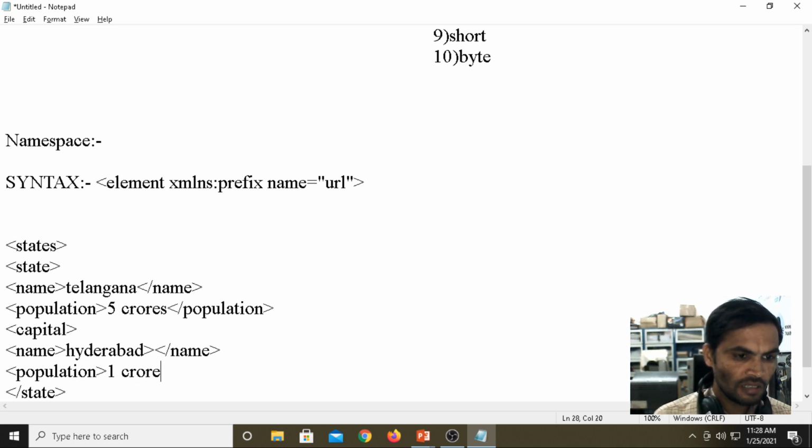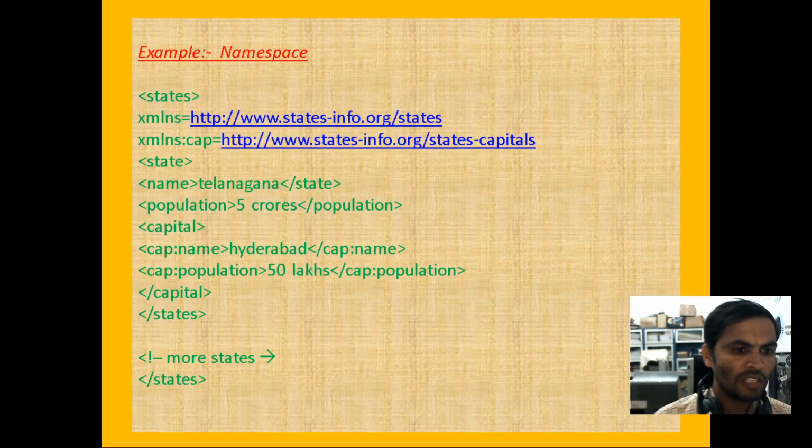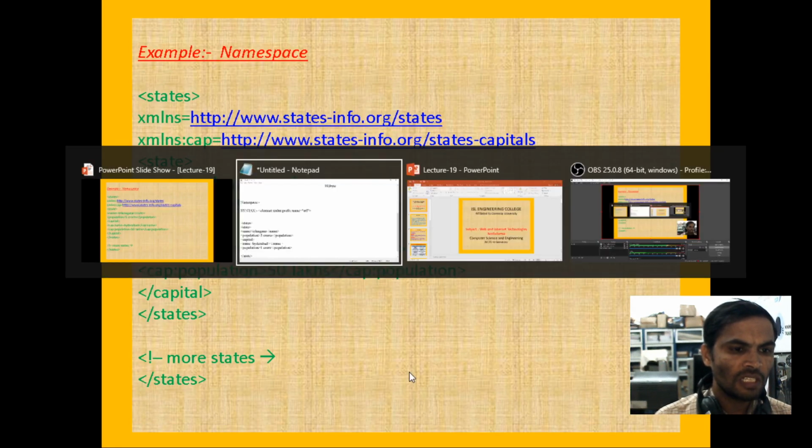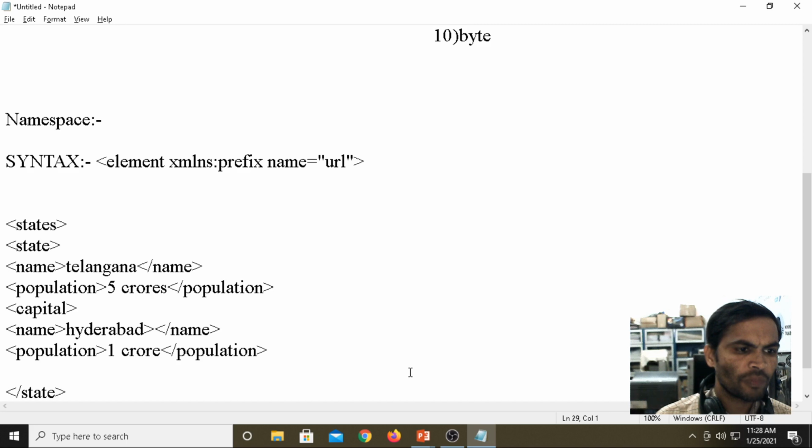I don't know the exact round value, I am just considering 1 crore. Then closing. Now I am closing the capital.